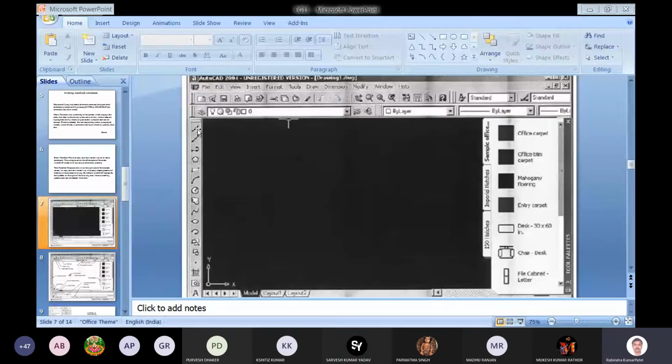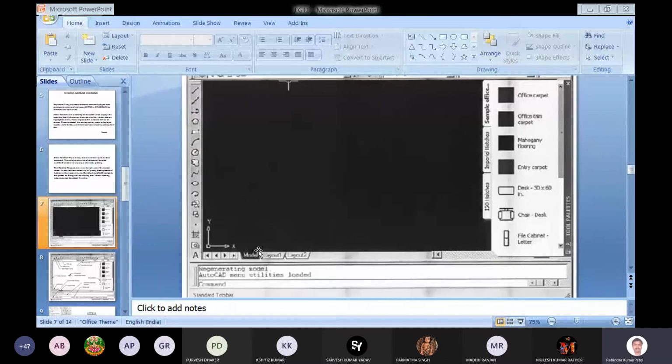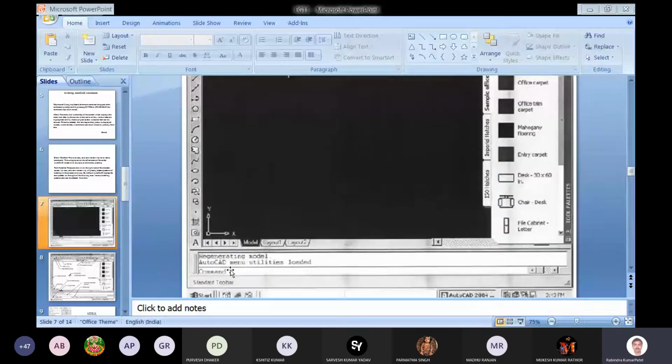And there is another way of executing any command, that is the command line. In the command line you have to type that particular command. Like for line you have to type line. After pressing enter, we will be executing the line command.